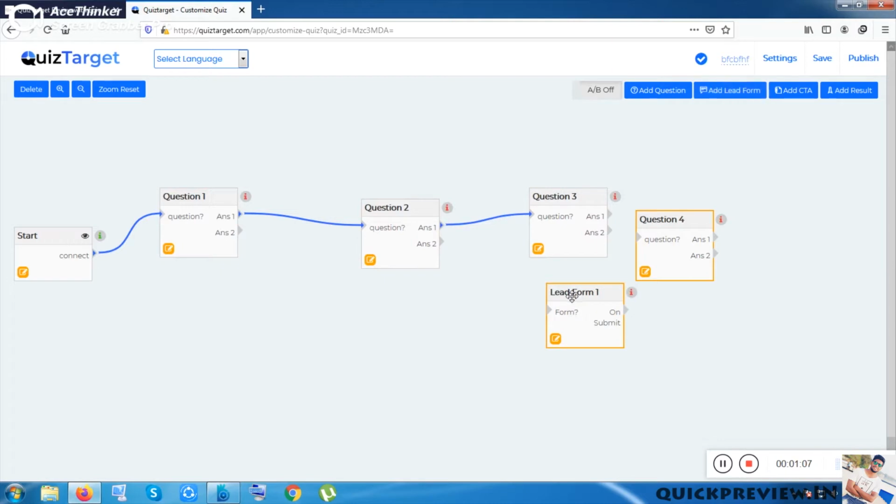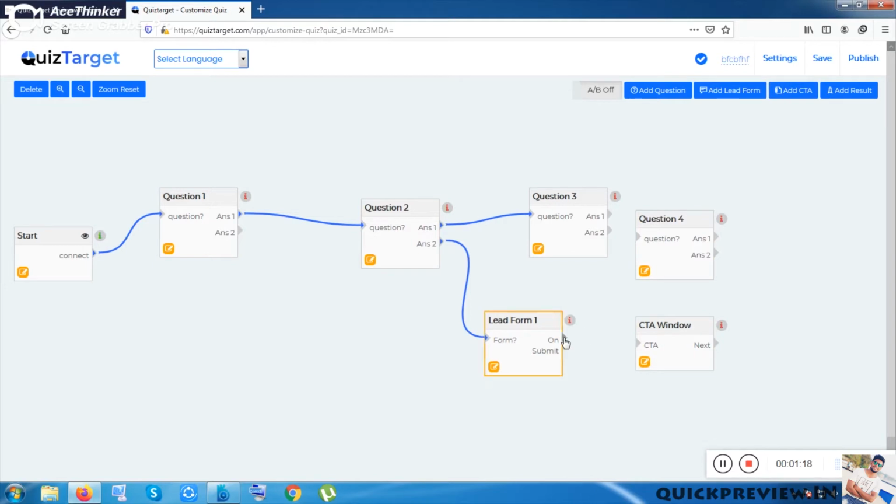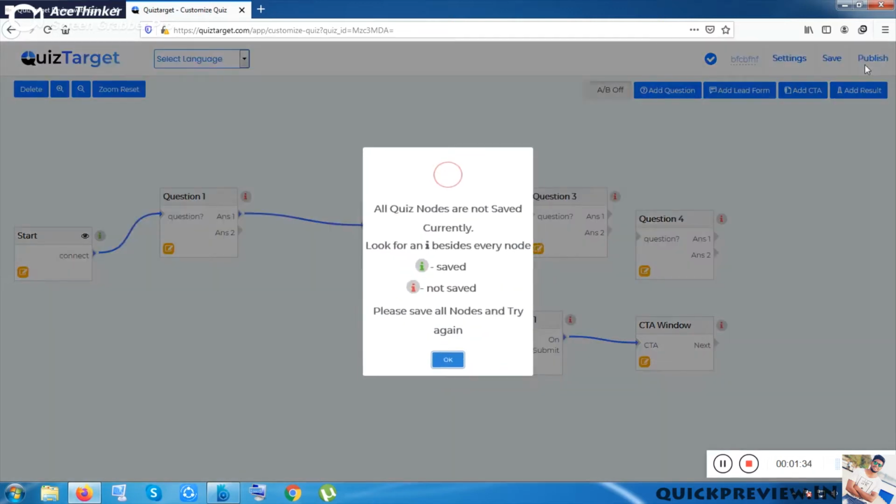Okay, you can also use lead generation forms, and you can easily make any quiz map, and you can also use a CTA window to direct your traffic to any kind of identical websites, your websites, or your social media account. You can use these call to action windows also.